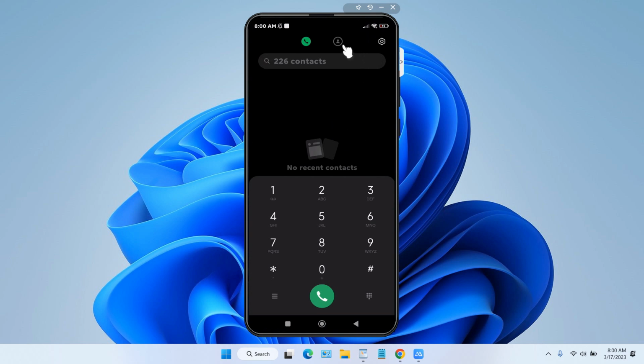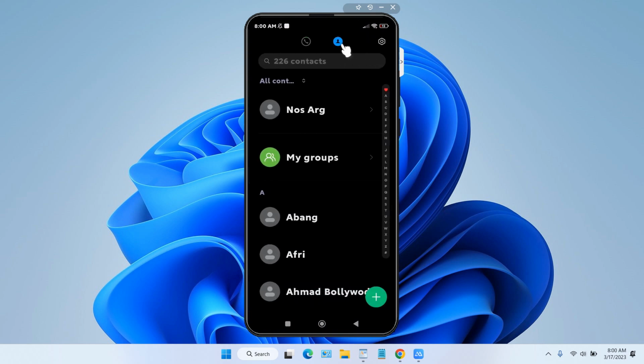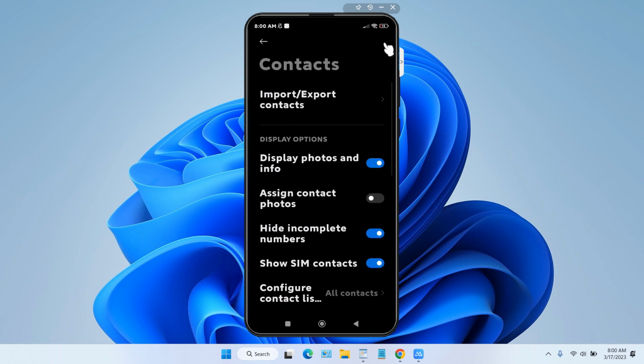Here, you can select your contacts. You can see there are many contacts there. Then you can click this menu or settings. Then you can see there is import or export contacts. Just select this,